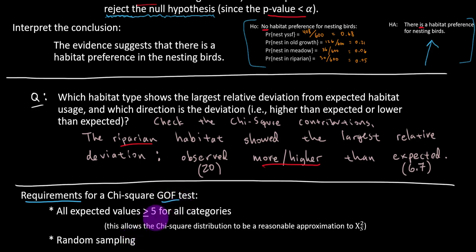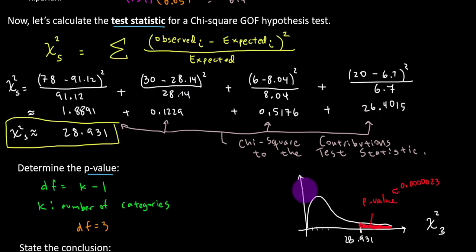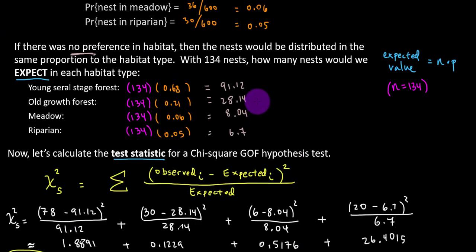the requirement is that all the expected values are at least 5 for all the categories, and that, of course, there's random sampling in order for us to have that inferential capacity. So this is a requirement that involves the expected value. So it's not really something you can check off before you start going through the motions with this test. But if we scroll up here, we will see these expected values were all bigger than 5, so that met